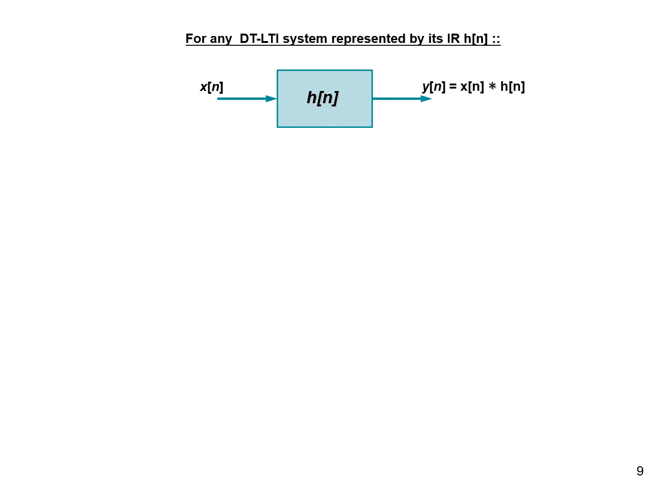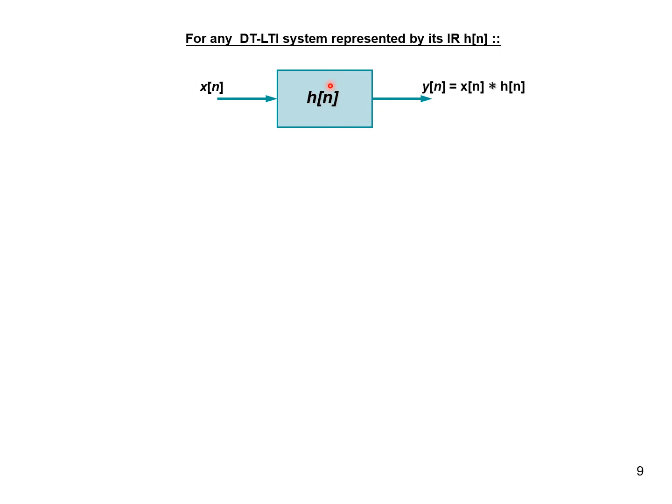Now let us try to recapitulate whatever we have discussed so far. This is what the system is. This is the way I want to represent it now: any DT-LTI system, represented by its impulse response h of n. I was using the earlier notation everywhere, but now I have a particular usage. I can definitely represent a system by h of n, but the only condition is the system must be linear and time invariant. Then only will it give the desired result. So most of the systems we will be discussing will be LTI, linear and time invariant. For such systems, I can always represent them using h of n.